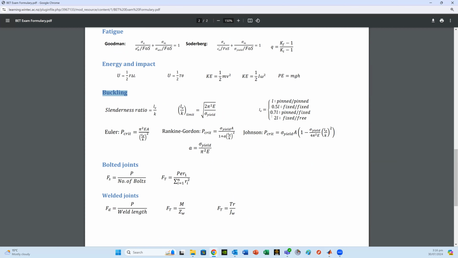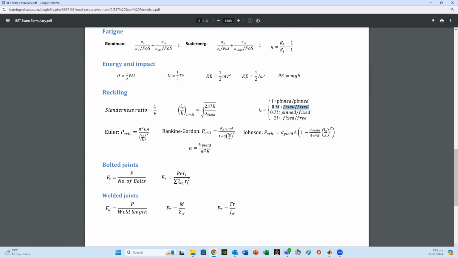And the equivalent length, you have 4 scenarios: pinned both ends, or fixed both ends, or pinned one end, fixed the other end, or fixed one end and free the other end. So in our case, as stated in the question, the column is fixed at both ends, so it would be 0.5 the length, that equation for the equivalent length. And then we have 3 equations to use, either the earlier method for calculating critical load, Rankine-Gordon or Johnson, and then